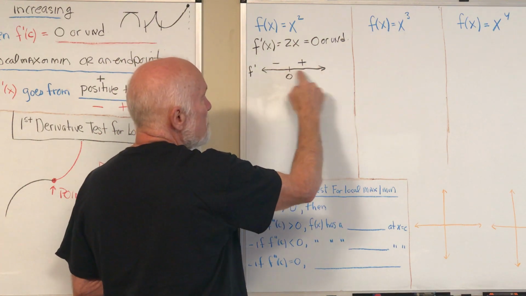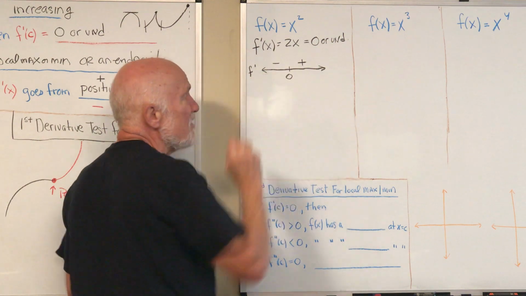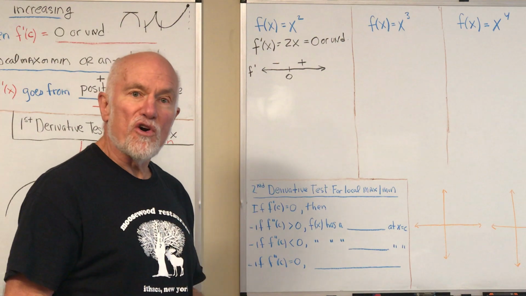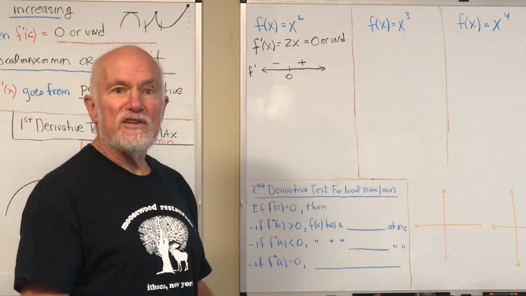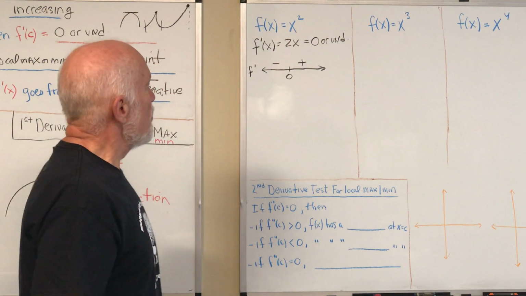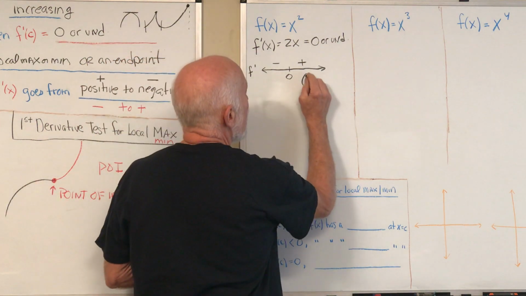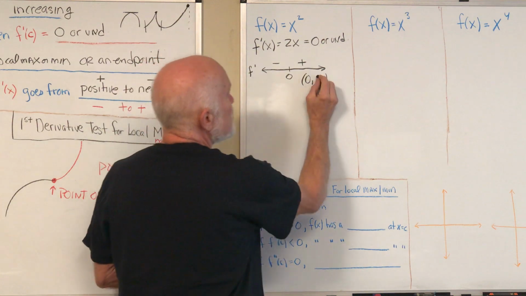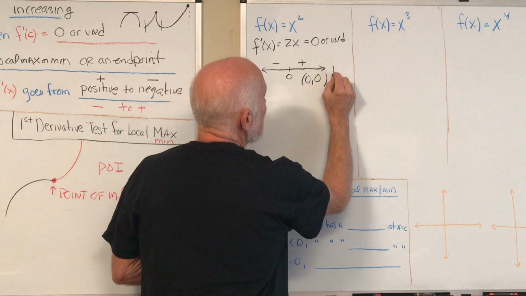And we know it has to be that way this whole way, because the only way to change from positive to negative is if you go through 0 or some undefined jump. So we now know that 0, comma, and we can plug that into the original equation to get the y value. This is a local